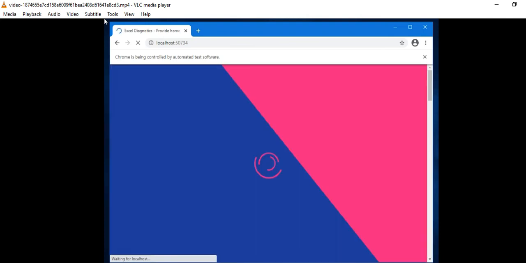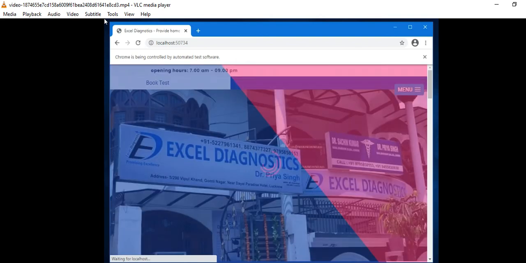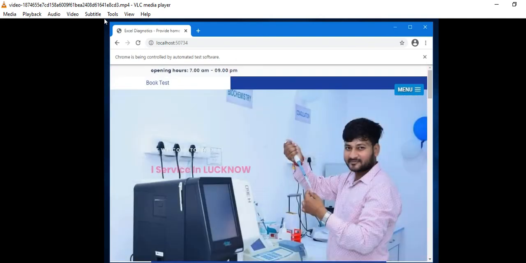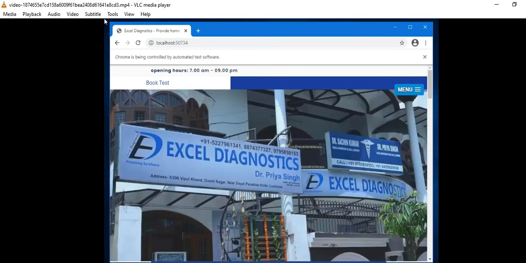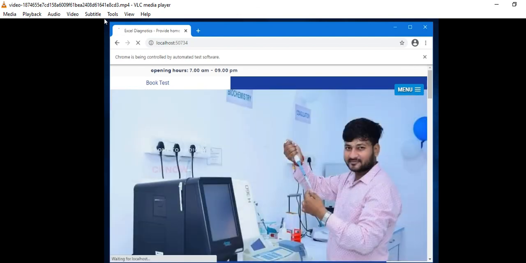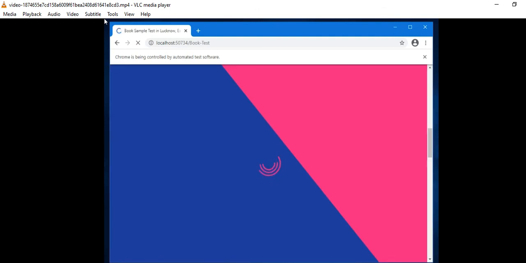Then last, it will click on the book test icon, the anchor tag, and redirect to the other page. Let's see, it's executing and it will click on the book test page. And yeah, see, it's executed and clicked over here.